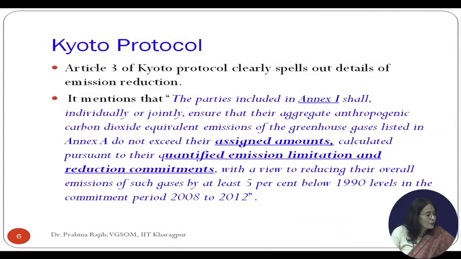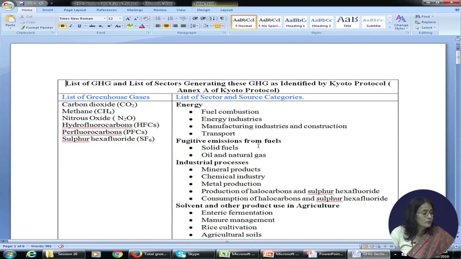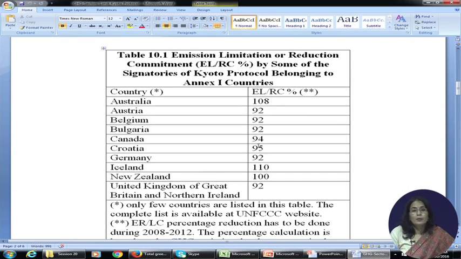Now let's take an example. This particular table indicates the allowable limit for different countries. Let's say Australia is allowed to emit 108% of the 1990 level. So if Australia was emitting 100 units of carbon dioxide equivalent in the year 1990, by 2012 it is allowed to emit only 108 units. It is not allowed to emit more than 108 units. Similarly, you have Austria, which is allowed to emit only 92% of the